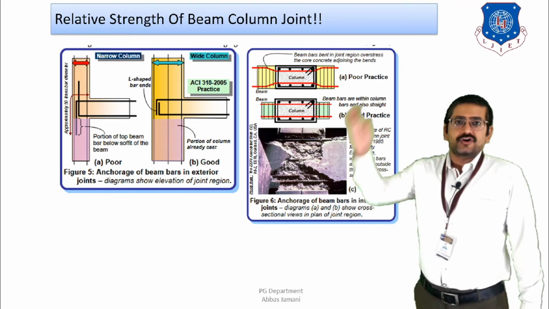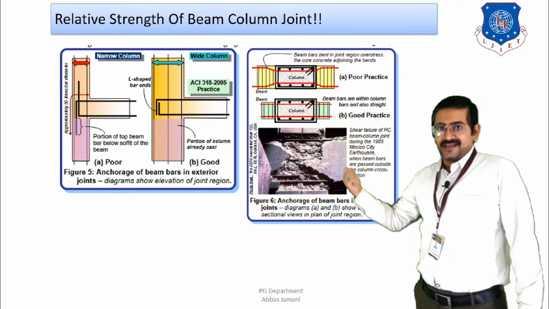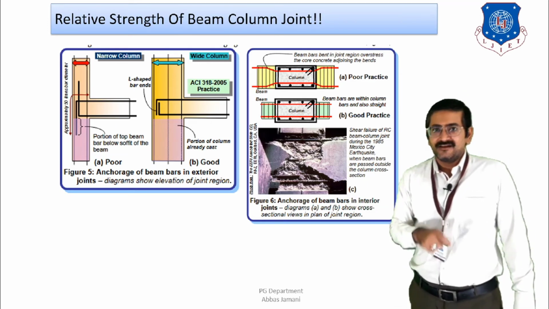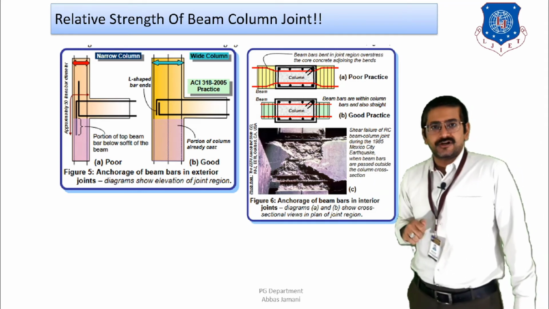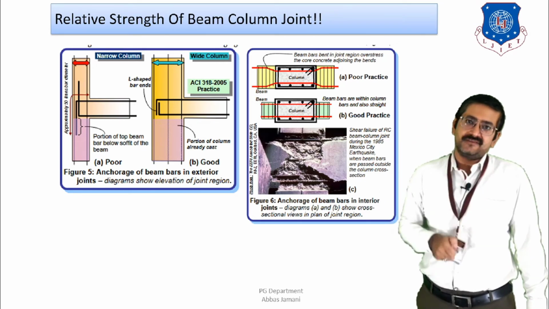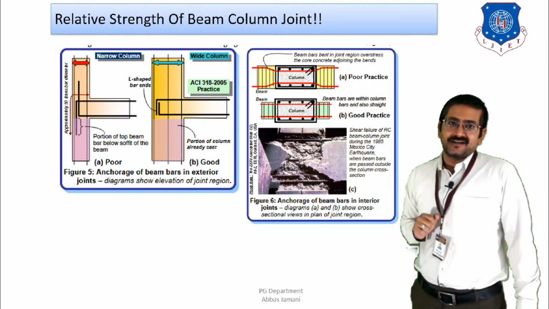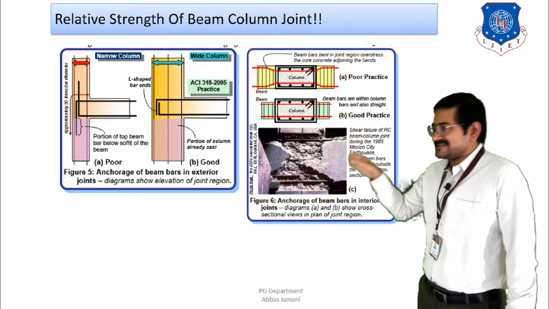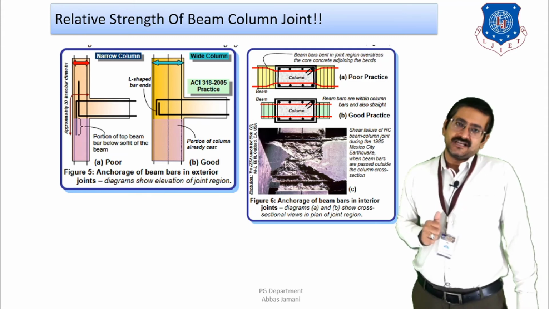600 mm, then the top reinforcing bars that you are going to extend go below the soffit of the beam, and they have to be anchored in the column below. But that will not be practically possible on site. Why? Because the sequence of construction on site is such that first the columns are cast up to the bottom of the beam, and then the falsework of the beam is prepared, and then the reinforcing cage of the beam is lowered. So the column is already cast, then how is it possible to anchor the remaining length of the bar in the column? So that is not possible.